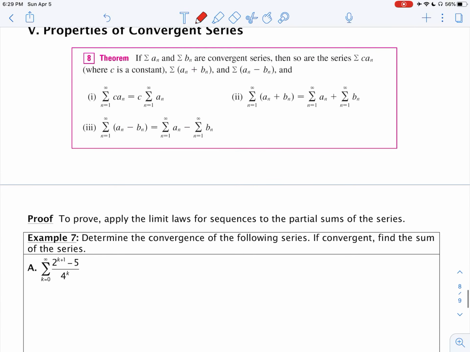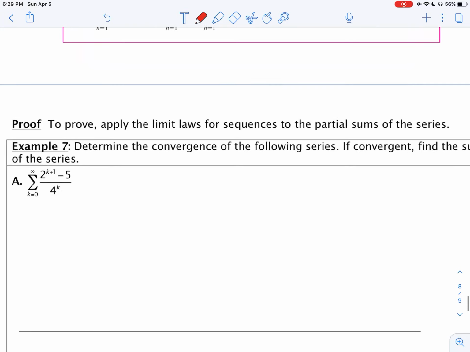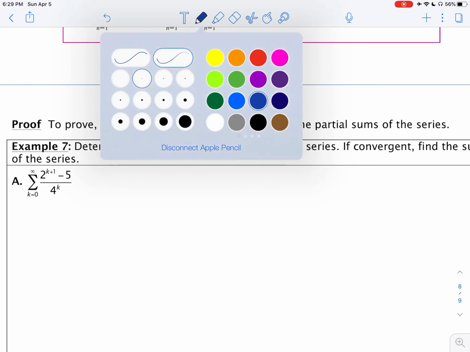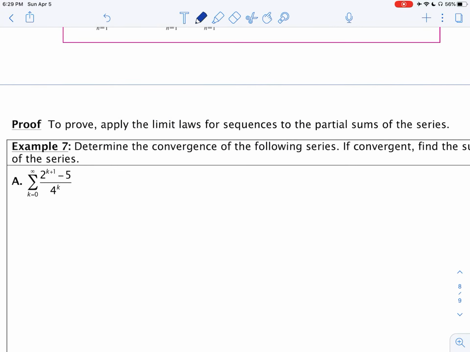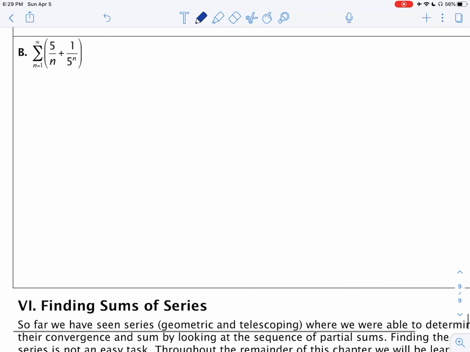And if you ever have any of them divergent, then the whole series is going to be divergent, because you have to think of the sequence of partial sums converging. So if, say for instance, b sub n is divergent, then the sum of a sub n plus b sub n is going to be divergent. So you can take a look at this and set up for next time. Maybe we will do this in office hours, but